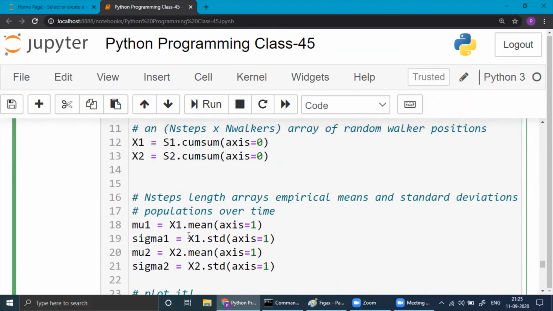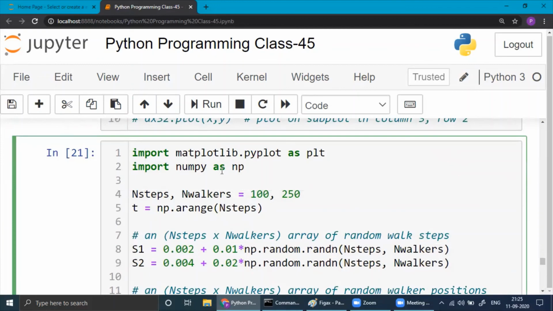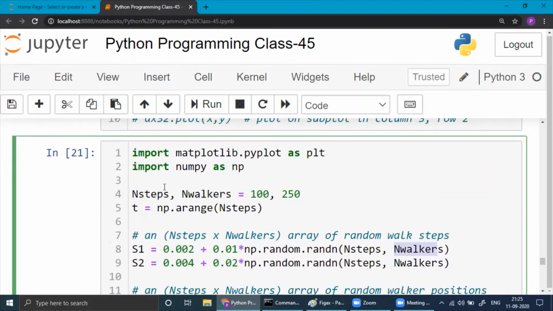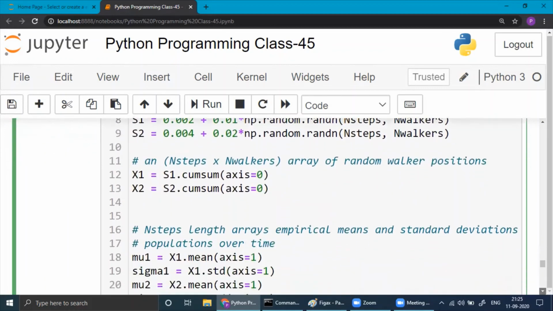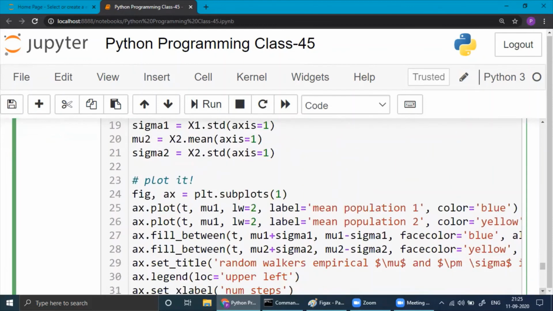So here you have n steps, n walkers. These are the names. If you want, you can write A, B also. It doesn't matter. 100 to 50 given. So then you go here, and then your plot starts here.